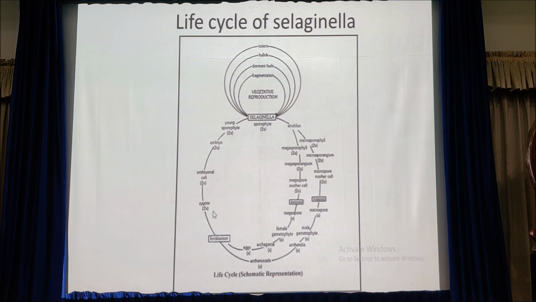The haploid antherozoids, or male gametes, fuse with the haploid egg during fertilization and form the zygote, which is diploid in nature. The zygote represents the next sporophytic generation, and it germinates, forming the upper suspensor cell and lower embryonic cell. This embryonic cell by further division forms the embryo, and this embryo develops into a young sporophytic plant. So, Selaginella represents a regular alternation between sporophytic and gametophytic generations.